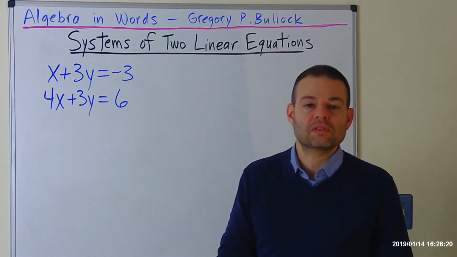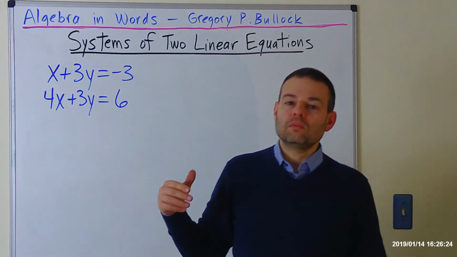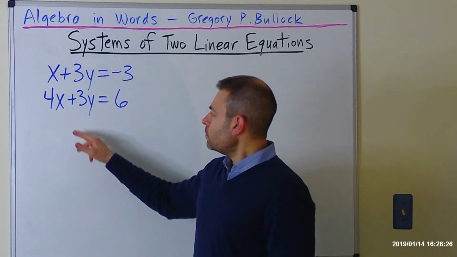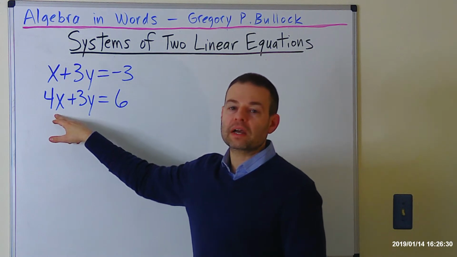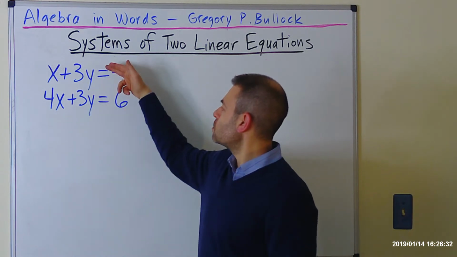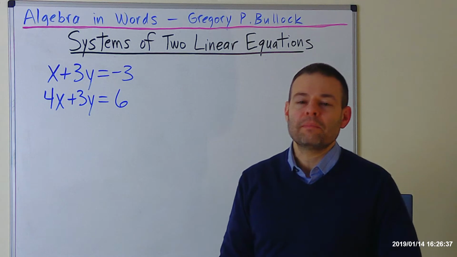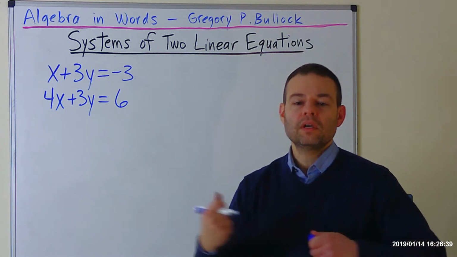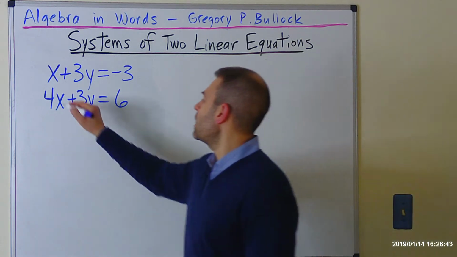We'd just sort of be stuck in limbo. Alright, so now, back to my question. If this was negative 4x plus 4x, that would eliminate to 0. But since we have 3y and 3y, what I'm going to do in this case, it's not much of a bigger difference, but just for demonstration, is multiply the top equation